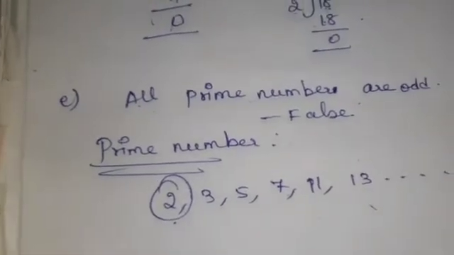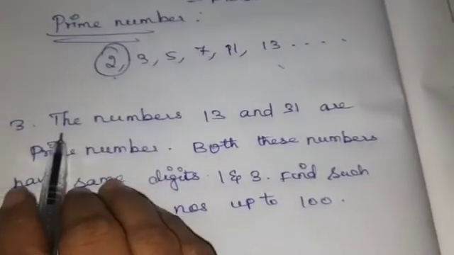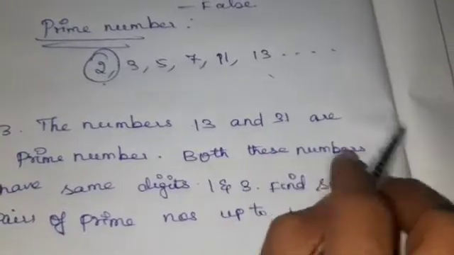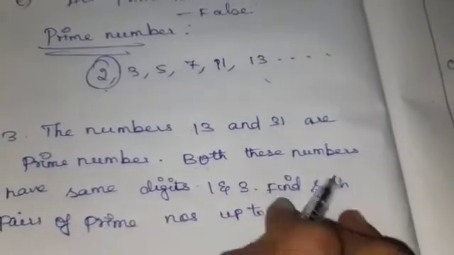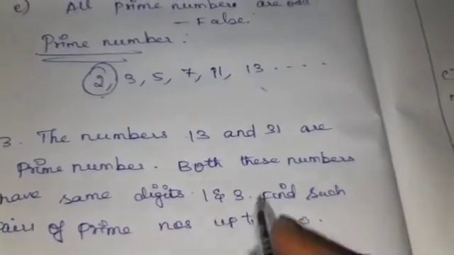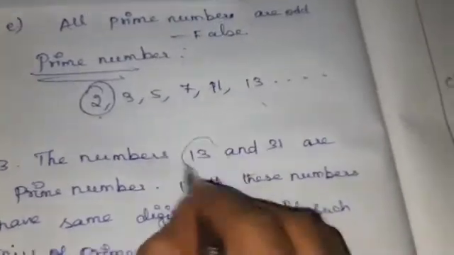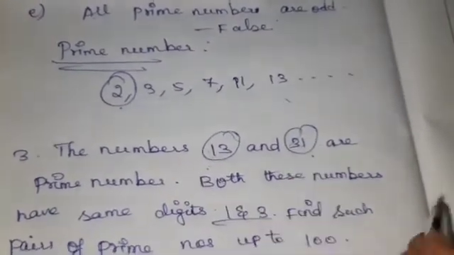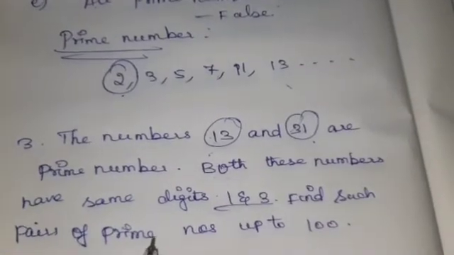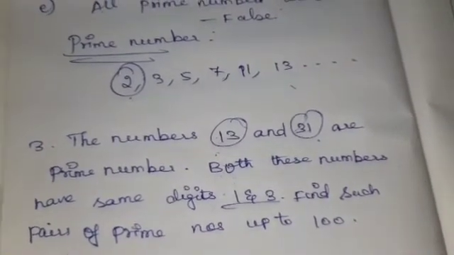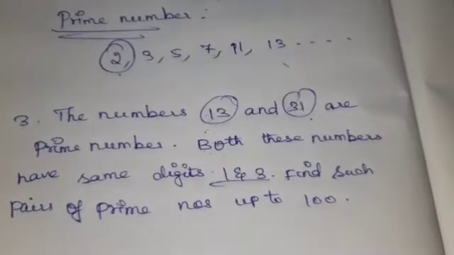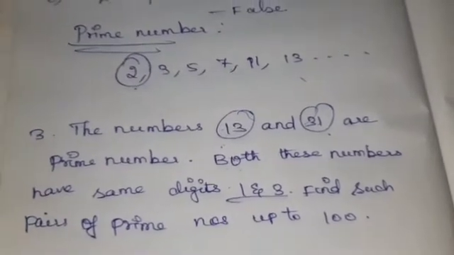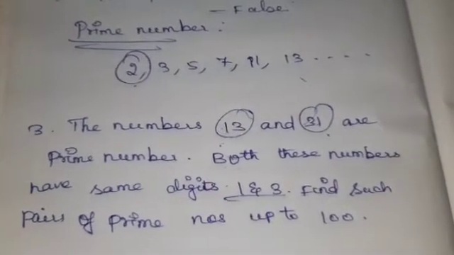Now let's solve the third problem. The numbers 13 and 31 are prime numbers. Both these numbers have the same digits 1 and 3. See here, 13 and 31 have the same digits 1 and 3. So what they have asked us to find out is the pairs of prime numbers which have the same digits, up to 100. Solution: